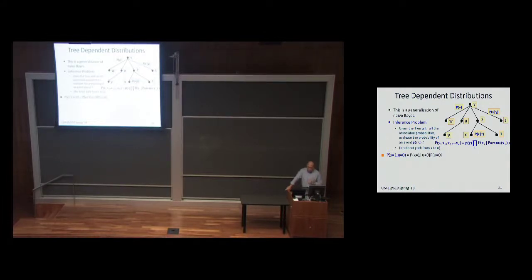So if I want to compute P of X and U, P of X being 1 in this case, and U being 0, I can write it as P of X given U times P of U. And I'm going to find a node that is a joint parent of both of them. We always have one. It's a tree. And therefore, I can write P of X given U as marginalizing over Y, P of X given U and Y times P of Y given U.